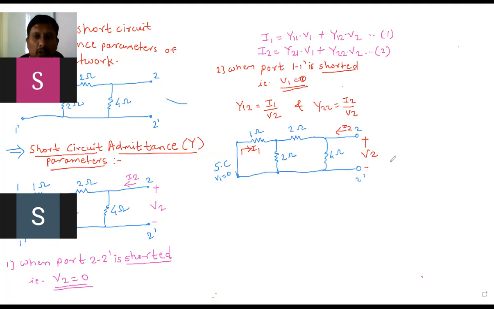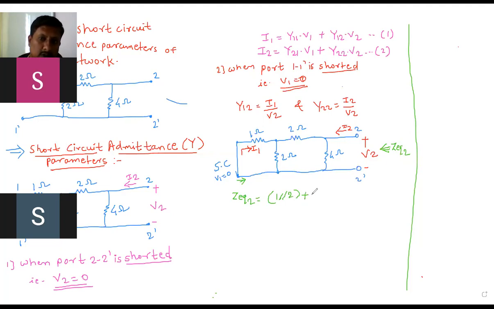So straightforwardly, you can find out Z equivalent 2 from this side. What is the formula of Z equivalent 2 here? In this case, observe from the right hand side, measuring from the opposite side. 1 and 2 are connected in series or parallel? Yes, 1 is connected in parallel with 2, that is in series with this 2, and that is in parallel with 4. So 1 parallel with 2, what is the answer?